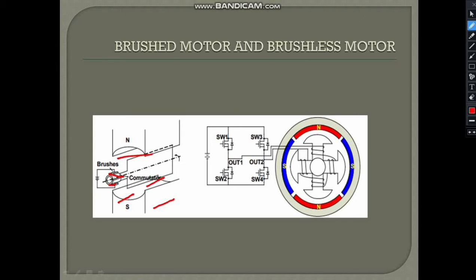In brushless DC motors, this is the rotor part, which is a permanent magnet, and this is the stator part, which is supplied by the DC source using these switches to make it just like an AC type. So this is nothing but an inverter.